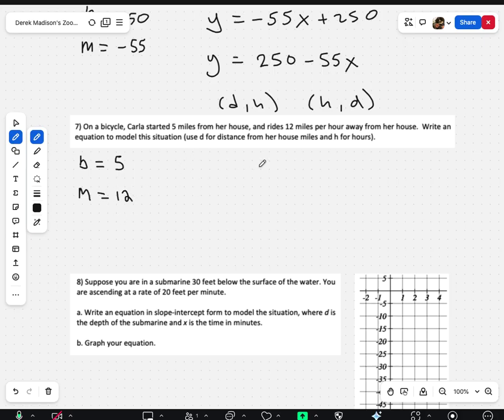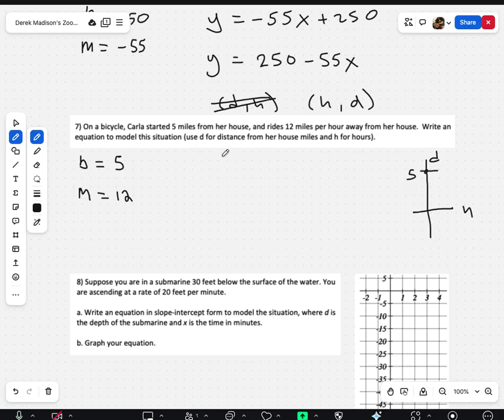So we have to think, are we putting in hours and getting out distance, or are we putting in distance and getting out hours? Our y-intercept, I'll just call that 5 right there, and it's 5 miles from her house. This is a distance. So that tells me that the hours are my input and the distance is my output. But you have to be careful because down here, the way they wrote the sentence, it made it sound like this one, which it's not. So you do have to stop and give some thought as to what you're plugging in,